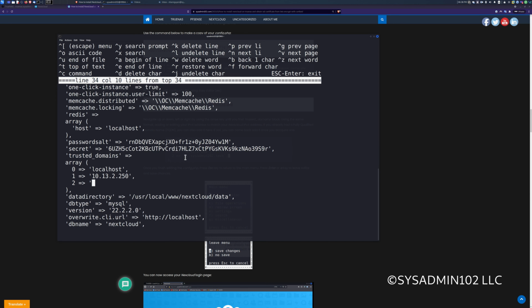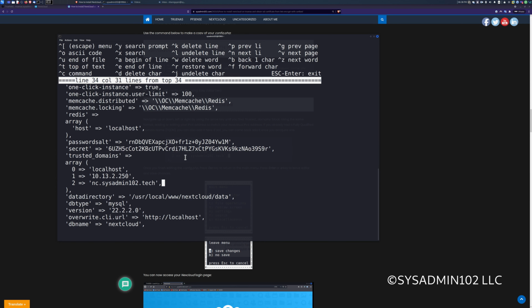I'm gonna add the FQDN, a fully qualified domain name, in here. Don't forget the comma at the end. If you forget the comma at the end, it's gonna mess up the configuration file and you're not gonna be able to access the web server.